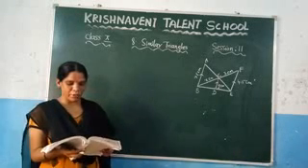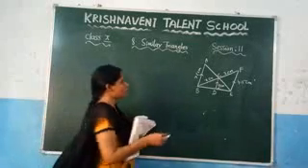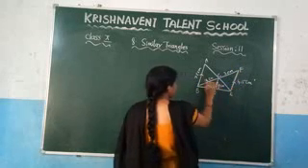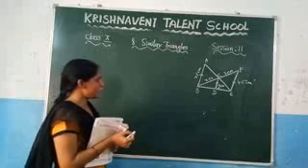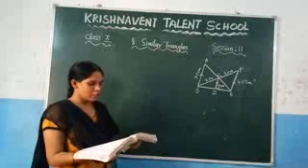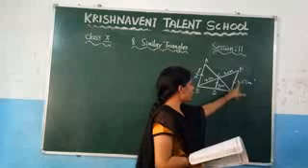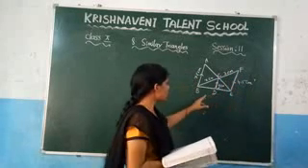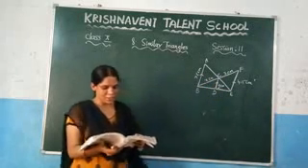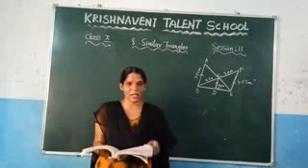In the given figure, AB is parallel to CD is parallel to EF. That means these three lines, AB, CD and EF, are parallel. AB is parallel to CD and CD is parallel to EF. And after that they have given the lengths: AB is equal to 7.5, EF is equal to 4.5, FC is equal to 3 centimeters, BC is equal to X and CD is equal to Y. Based on these measurements, you need to find the values of X and Y.